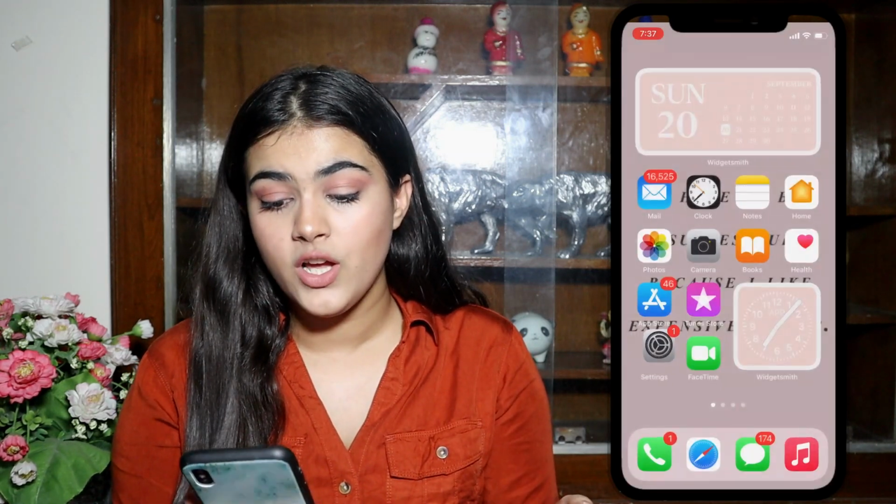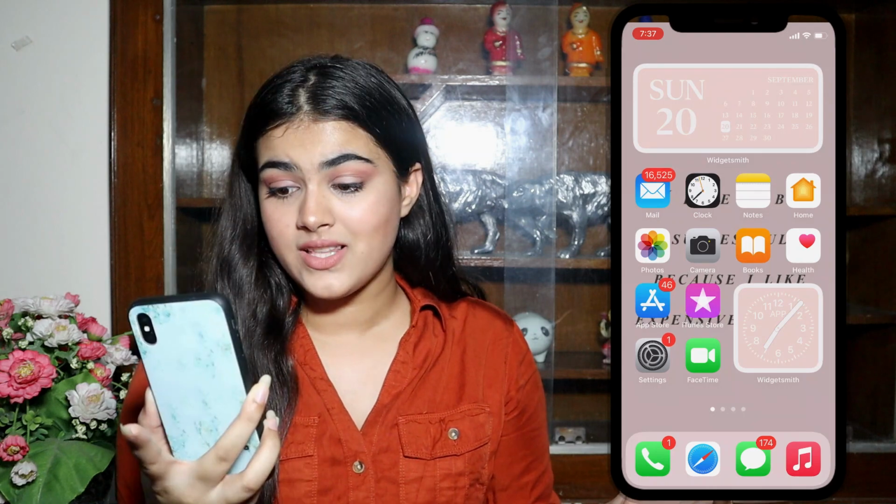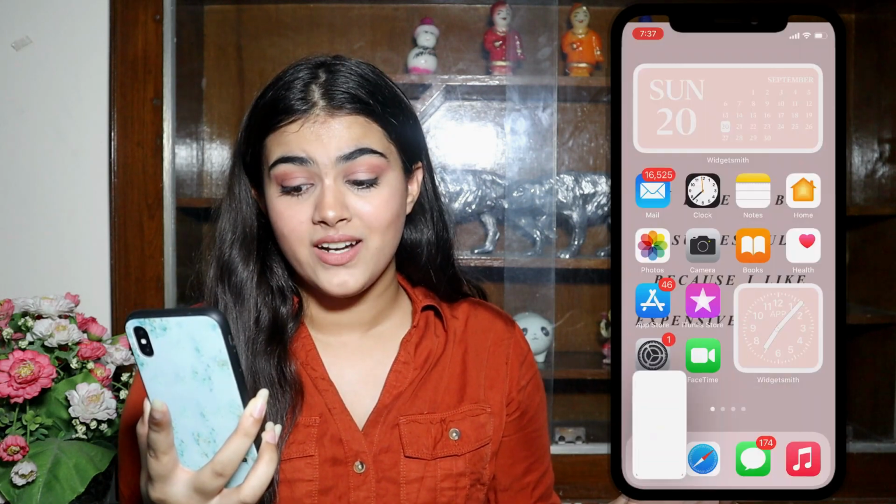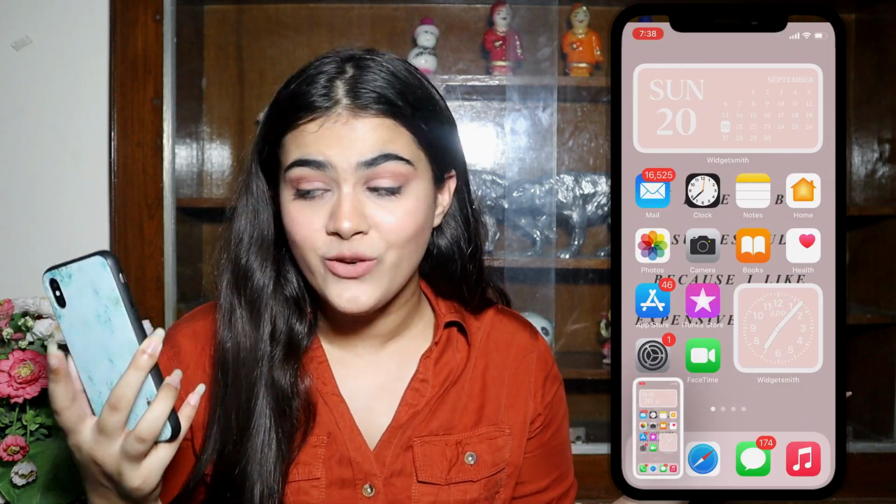From there all you have to do is double tap on your phone, just like that, and it has already taken a screenshot for me. I don't have to hold those 2 buttons anymore. I'm just gonna tap 2 times on the back, and it's gonna take a screenshot for me. I've also set my triple tap for locking the home screen, just like that. Screen is locked. So this is a very cool feature, the double tap on the back, and you can simply take a screenshot. That's a very cool feature according to me.